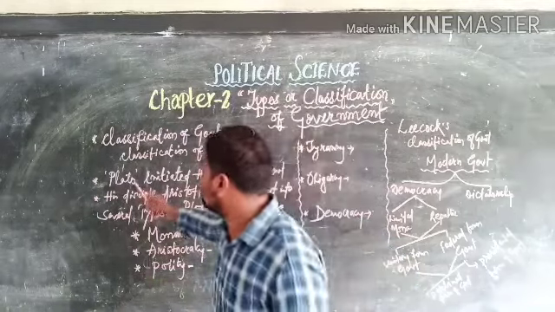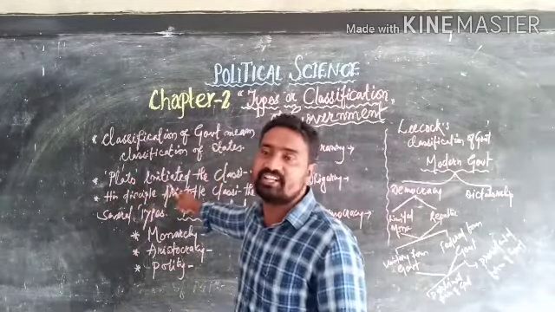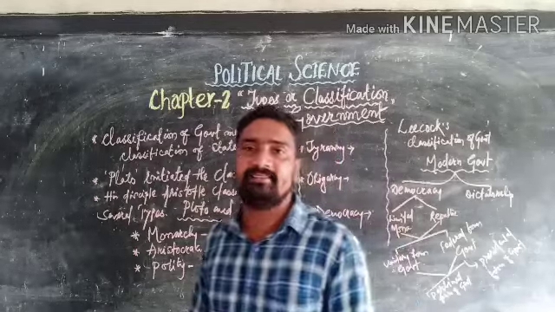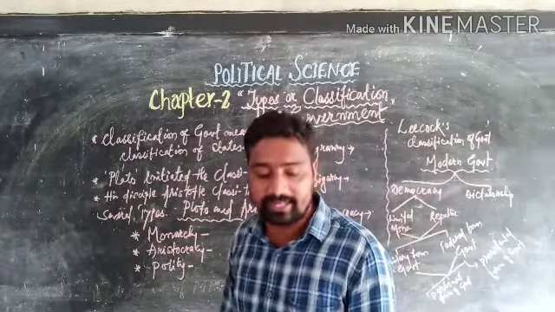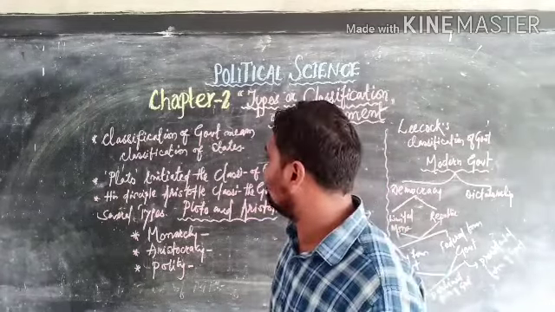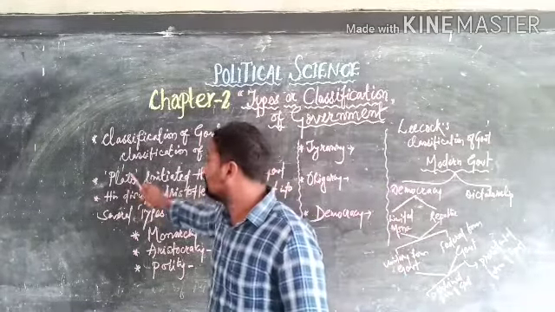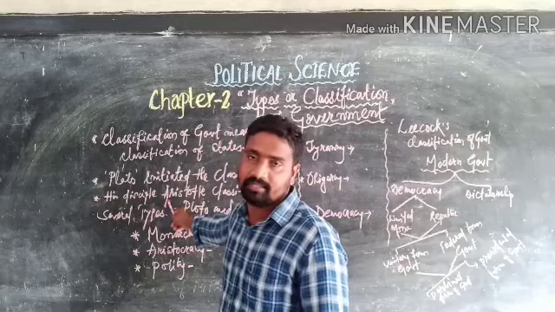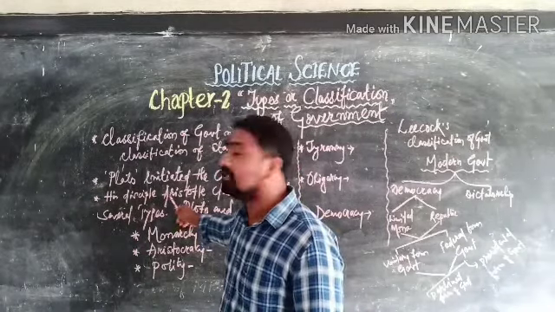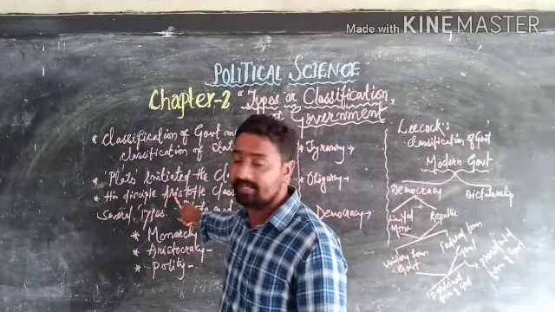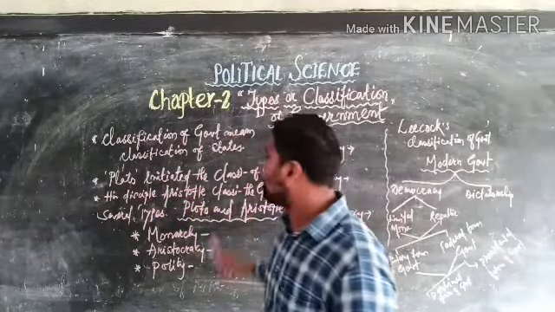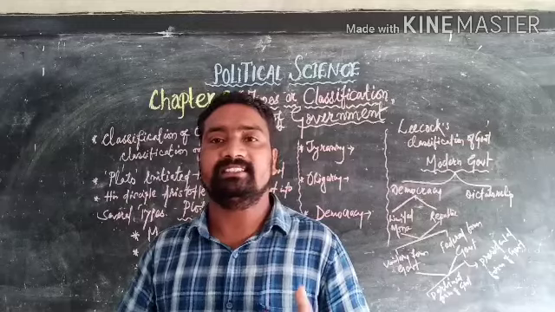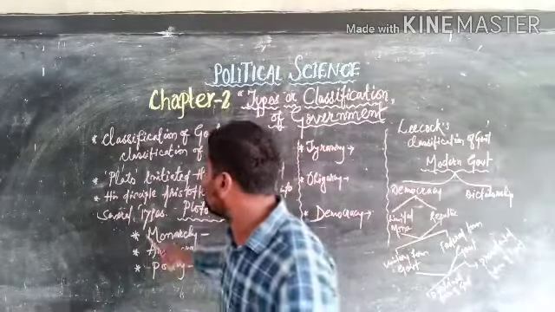Okay? So it's Plato who initiated or began the classification of government. And then after Plato comes his disciple, his student, Aristotle. Okay? It's his disciple Aristotle who classified the government into several types